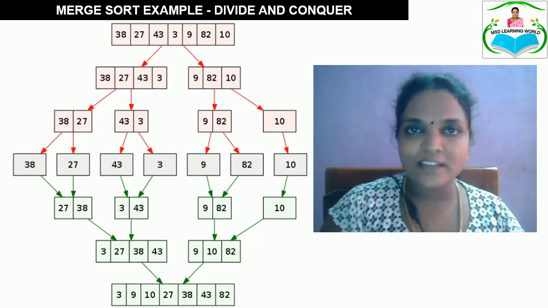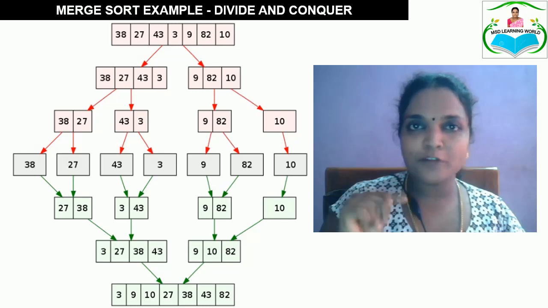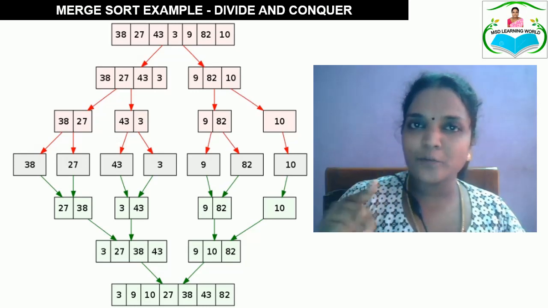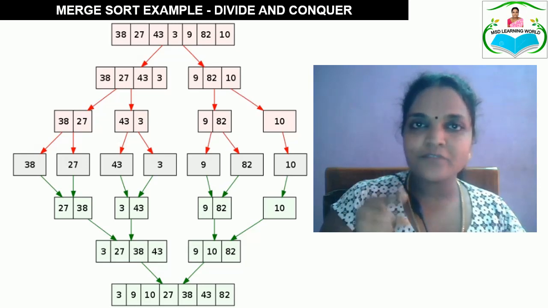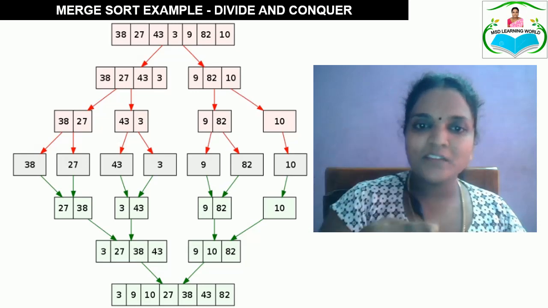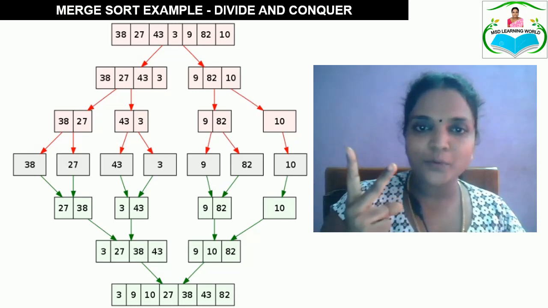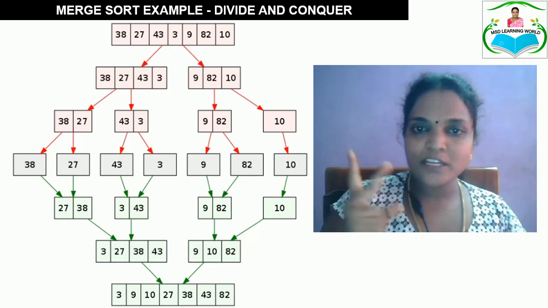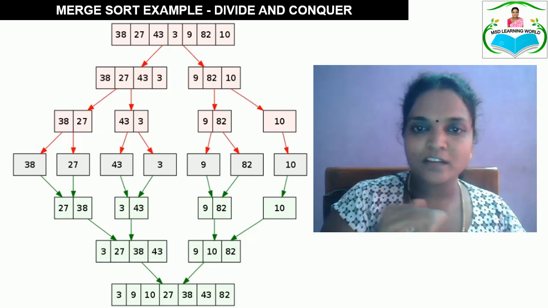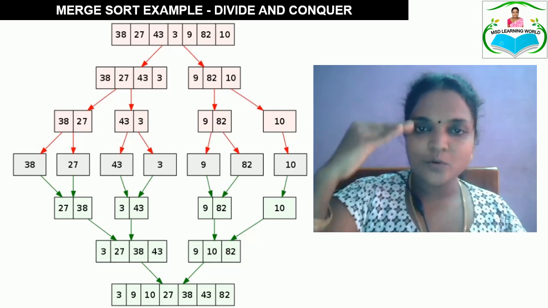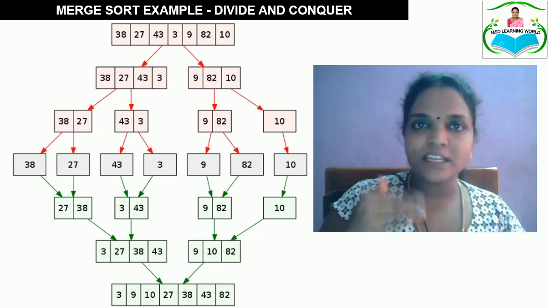So here it is clear that the divide operation is performed for half of the n number of elements. For example, how many elements do you have here? You have 7 elements, and 7 divided by 2 is almost 4 iterations. Half of the times only you are performing the division. So 1, 2, 3 times you are doing it. First time you are dividing into 2 subarrays, second time into 4 subarrays, third time into another, and totally you have 4 and 3, 7 elements.